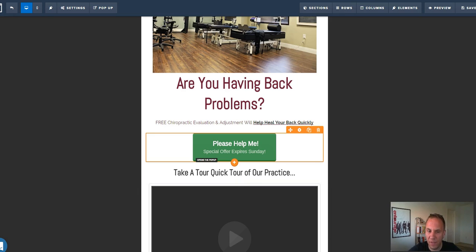And this is the button that they're going to click. When they click this button, something's going to drop down where they put their name, their email, and phone number, or whatever you're asking for them. Name, email, phone number is typically what you're going to ask for, but you can just ask for name and email if you wanted to. So, and how you edit that pop-up is right up here. And you would go to Edit Settings,